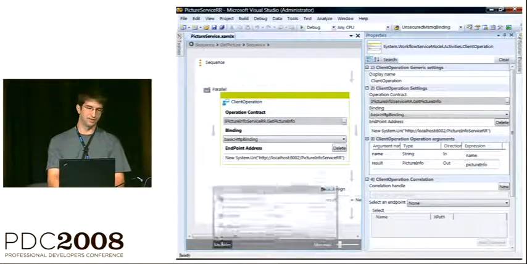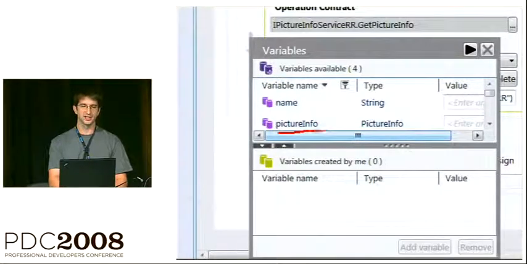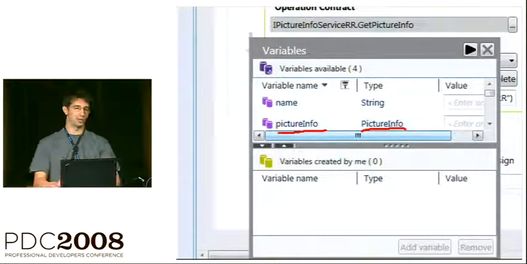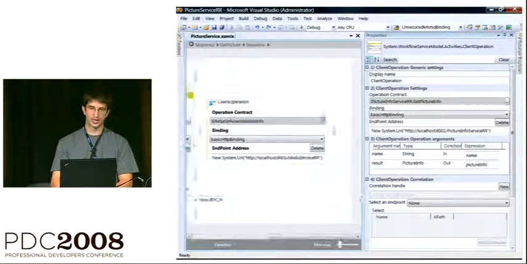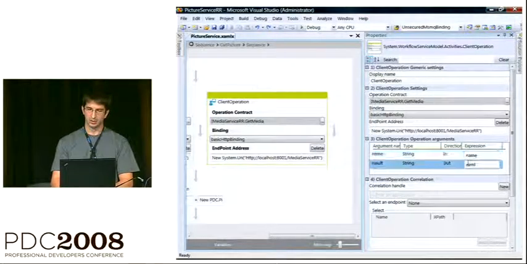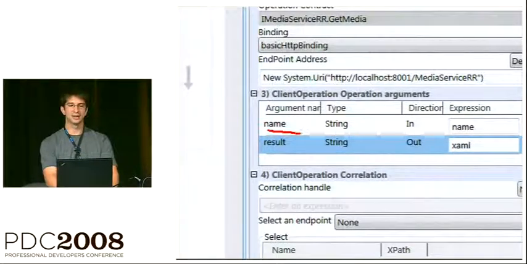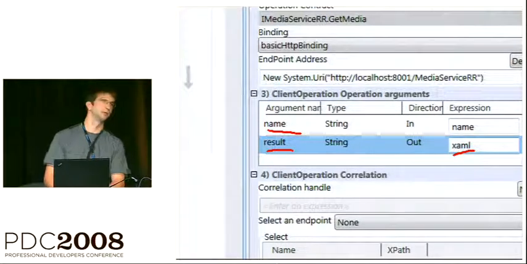If we look at the variables over here, you can see that I've got this picture info variable, and this is the thing that I'm populating with the result of the client operation call. If we look at get media, something similar: flowing the name back, getting the result, which is just a string, and sticking it in a variable of type string named XAML.